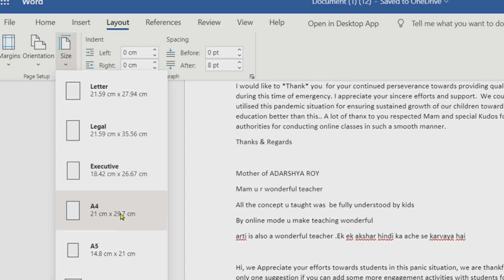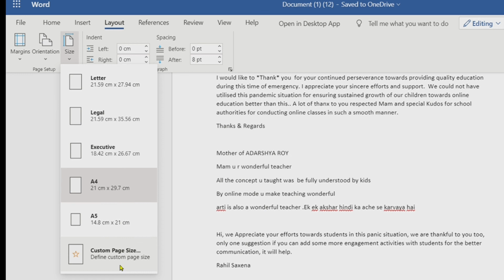It means I am currently using this type of size. So from here you can, children, select any desired page size option. So we have letter, we have legal, we have executive, A4, A5, and then custom page size.